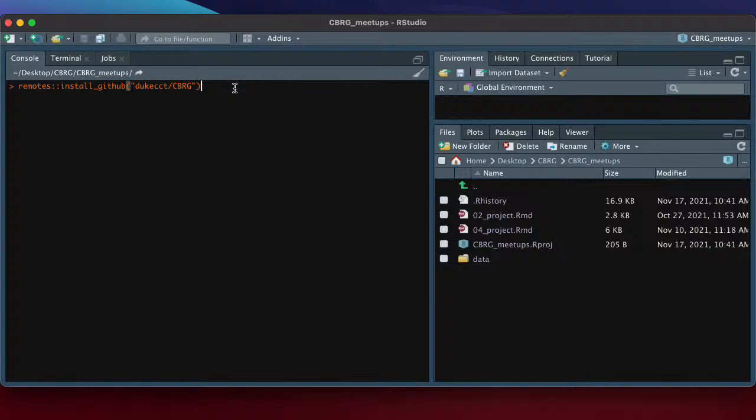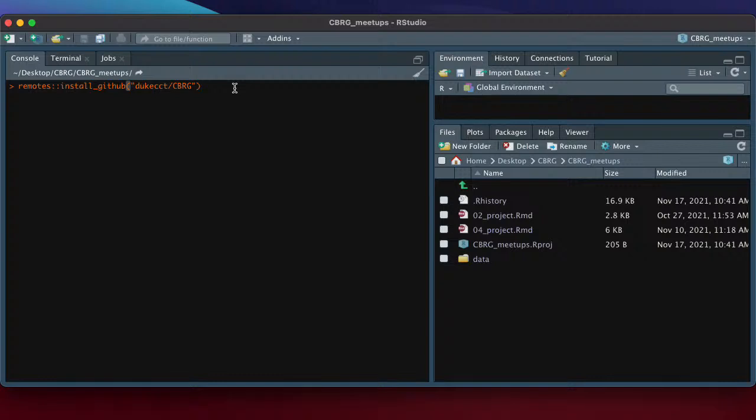Please go ahead and open up the project you have set up for this meetup. And if you don't have a project set up, again, that's okay. For this meetup in particular, having a project environment will be especially useful, and I'll tell you why when we get to that stage.